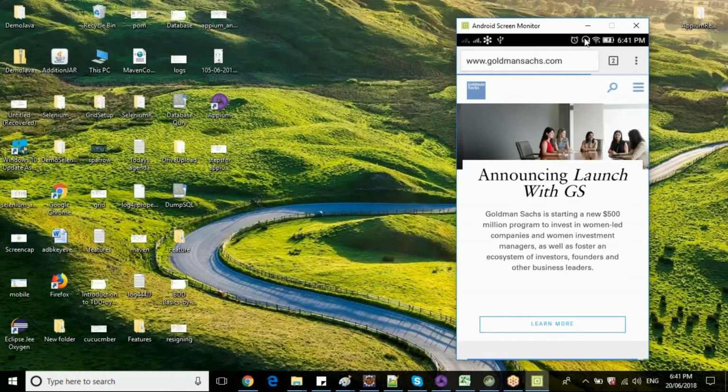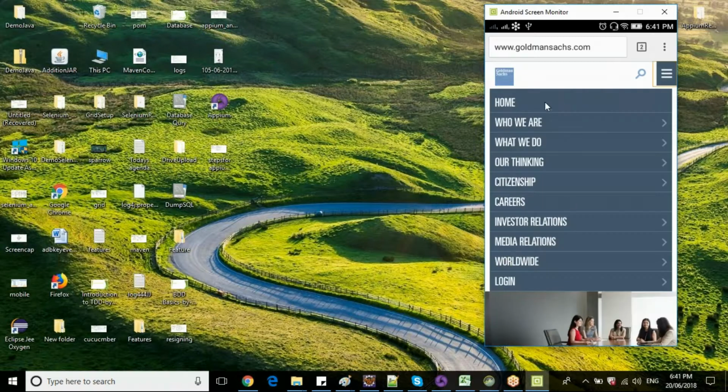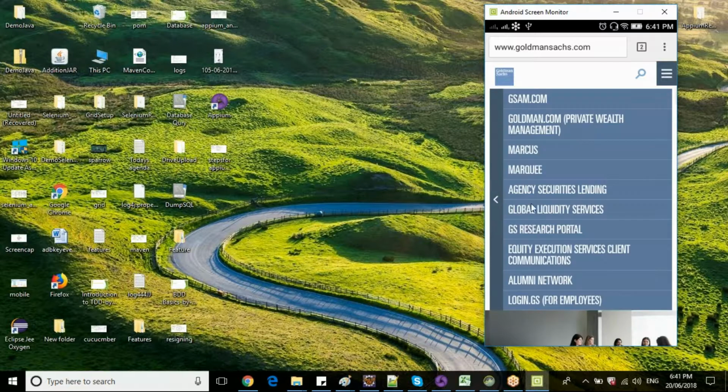But when I'm loading it on a 5-inch mobile screen like this, you can see the menu bars are coming under a menu button. I have a menu button here, and under that I'm getting menu bars. The sub menus also come under the sub menu. So everything is organized as per the screen.